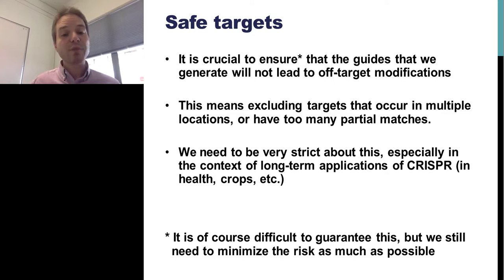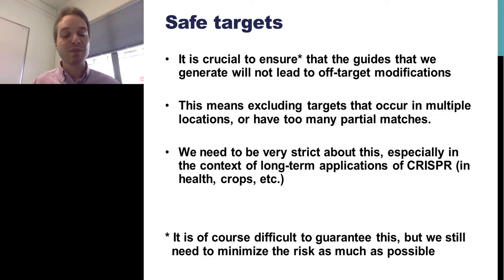Our perspective is that we have to be very strict about this, even if it means excluding many potential targets. That's especially going to be true in terms of possible long-term application of CRISPR methods. In the context of what the group is doing in systems biology, it's bad if we have off-target modifications that lead to us being misled when we're studying a specific phenotype. But in a way, it's just going to delay our own research. But in some applications, in health or in crop modifications, the impacts would be much larger